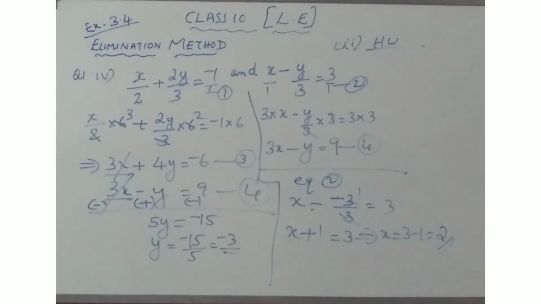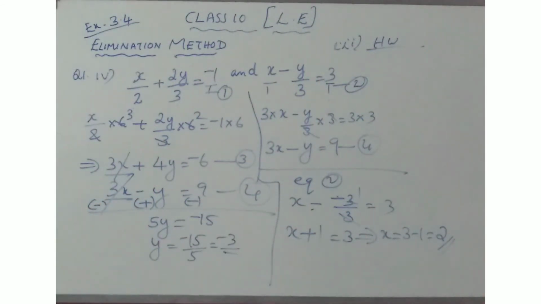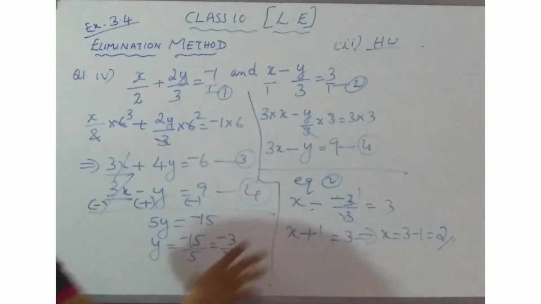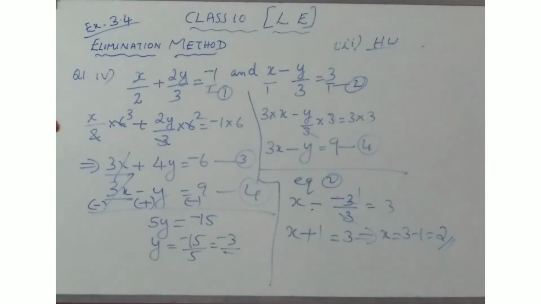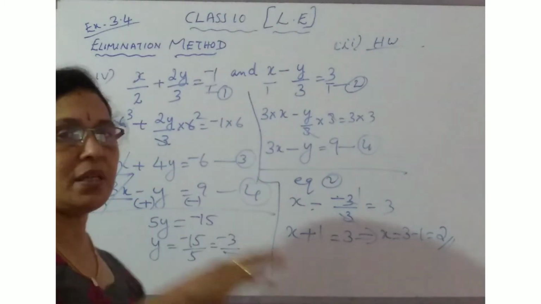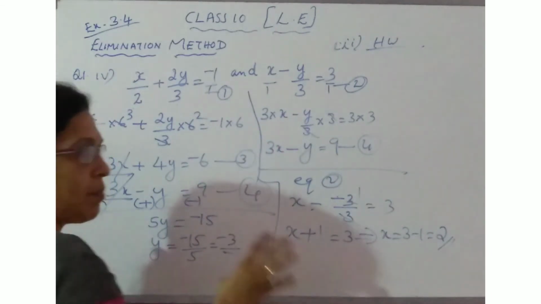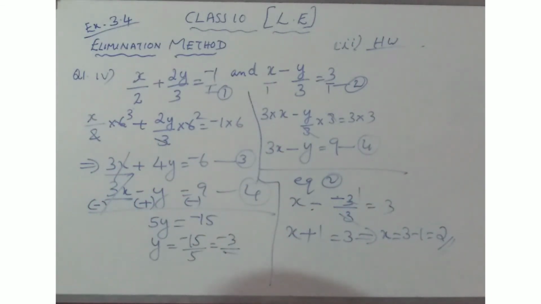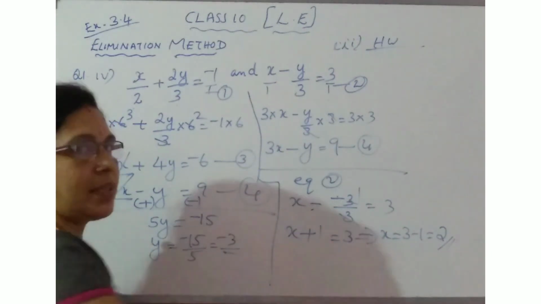Only one question is left out in that first part. That is the third question, which you have to try yourself. I think you got the method. So practice these questions and solve more questions. For solving a pair of linear equations in two variables, you have to follow the elimination method. It is not a time consuming method. If it is not mentioned in the question paper to solve by using a particular method, you have to follow the elimination method. That is the easiest method, and soon you can solve the questions. You can find out the value of x and y.